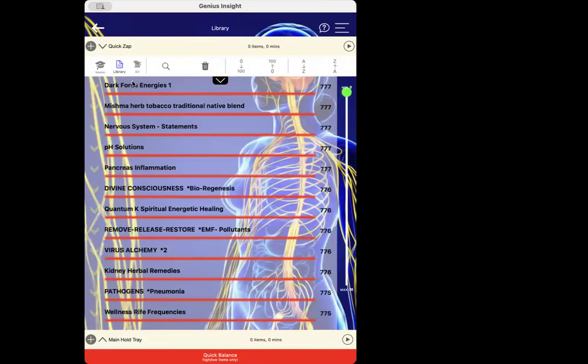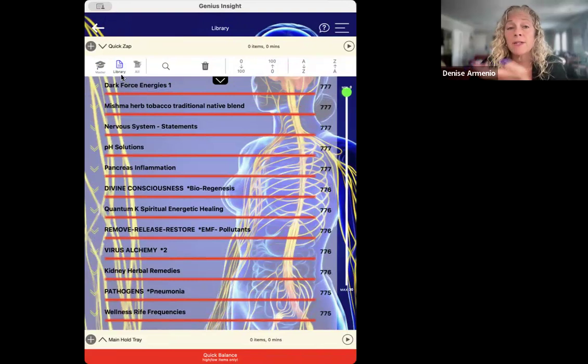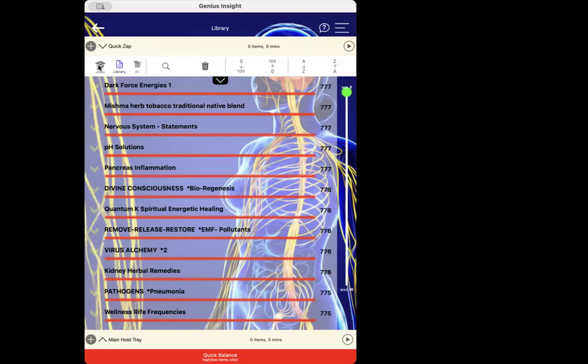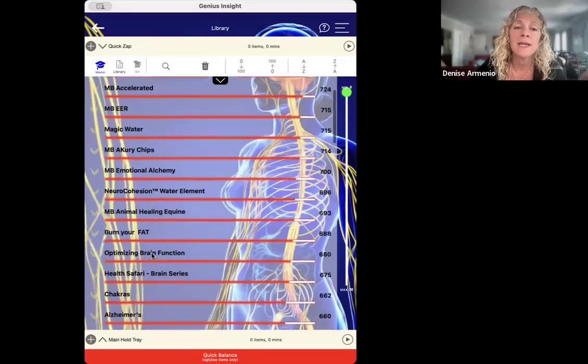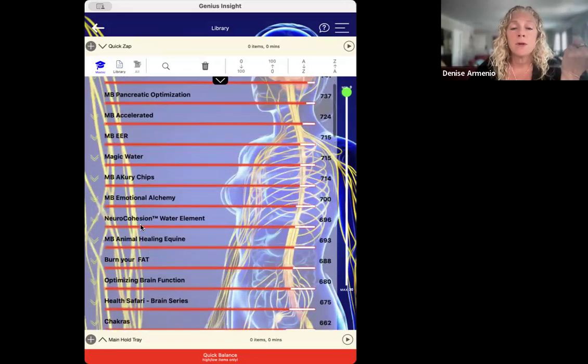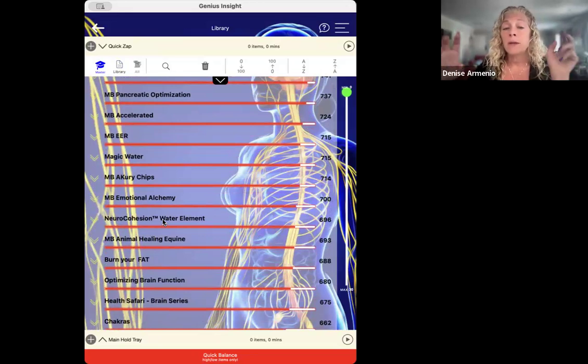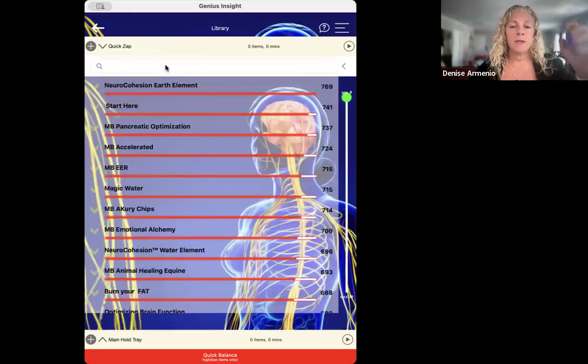When you bring down your search, if you set it up as a master branch, even if you keep it at libraries, you're going to have multiple. So I would set the specific libraries that you want to use to work with your mother as a master branch. And then you can go here to click master branch and it will just highlight. So let's say it was, the master branch, we'll use neuro cohesion water element, right? But let's just say that was your mom. Right. And so here I could put in